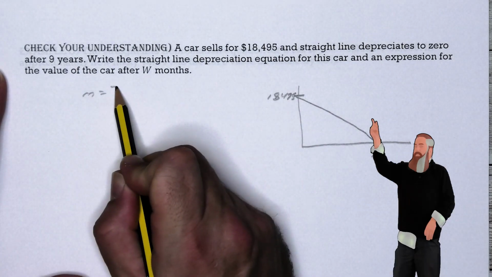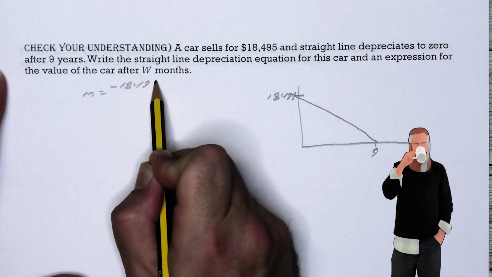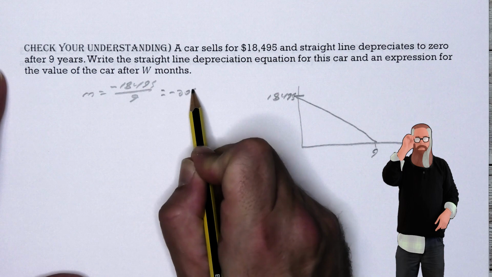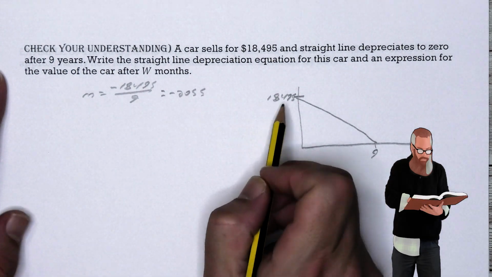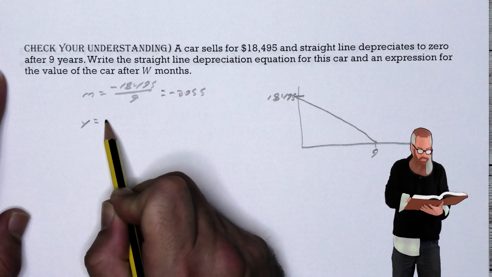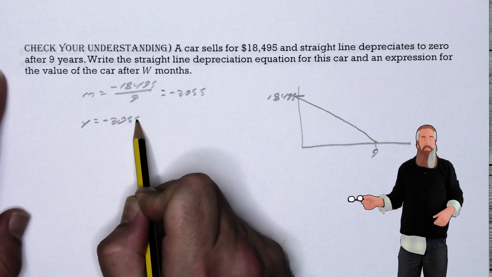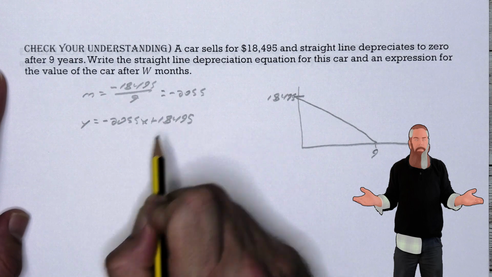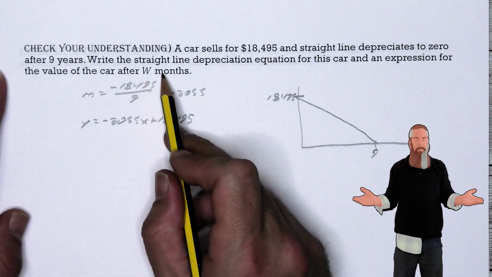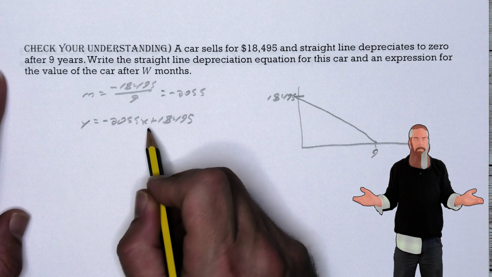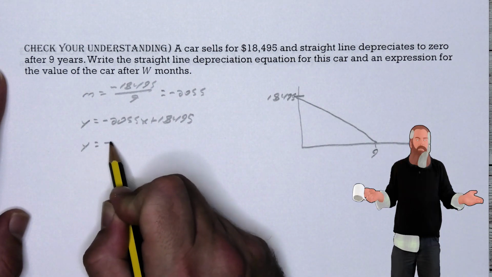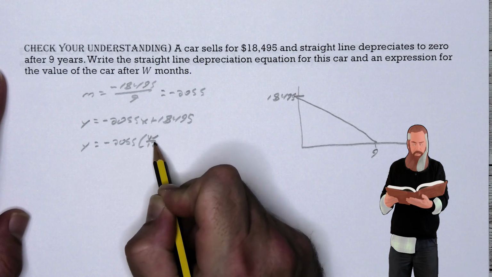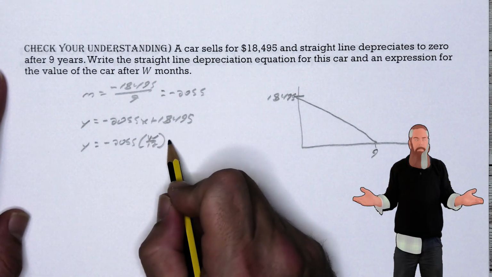So m will be negative 18,495 divided by 9. That's going to be a negative 2,055. The y-intercept is already known to us, meaning that y is negative 2055x plus 18,495. Now we want to know about W months, but X is measured in years. So what we're going to do is say negative 2055, now that W divided by 12 will convert months into years, and add